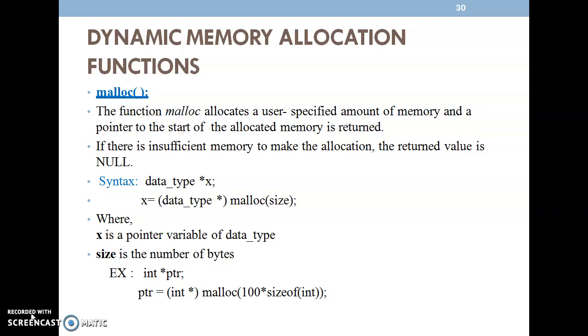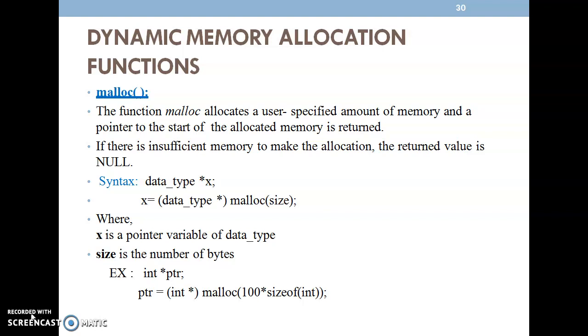In static memory allocation, if I take an example of an integer array of 10, I have allocated 10 into integer, which holds 2 bytes, so 10 into 2, 20 bytes of memory allocated. During execution, if I need a few more bytes, that is not possible. Whereas in dynamic memory allocation, we can increase or decrease the allocated memory by adding or deleting some elements in the arrays. That will be done by making use of dynamic memory allocation.